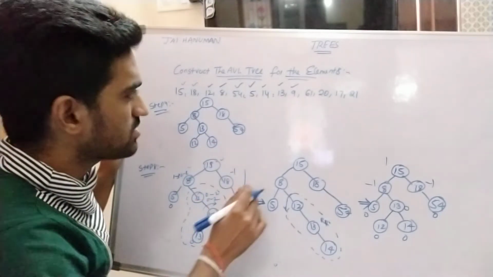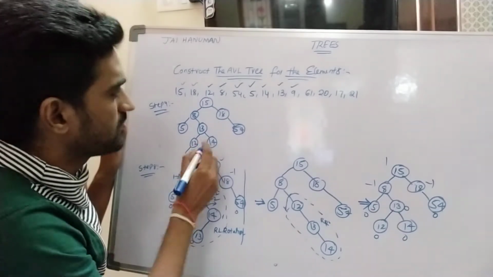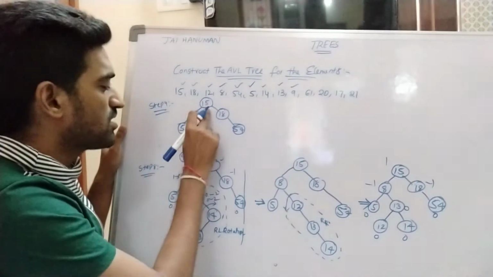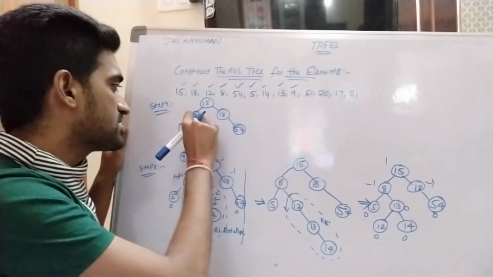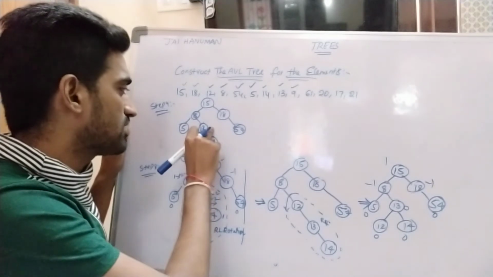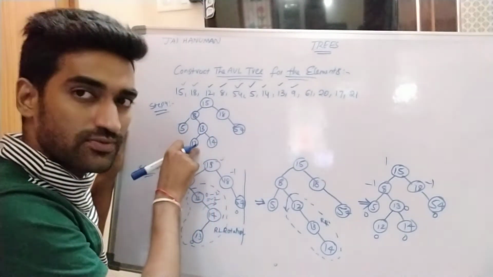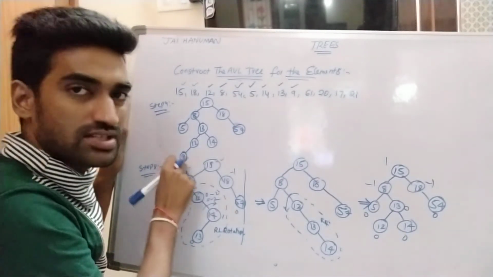So here we are inserting 9 at left of 12. Why? Because when compared to the root, this is a lesser value. Again here, when compared to 8, this is a greater value. Then right is chosen. So when compared to 13, this is a lesser value. So that's why left is chosen. When compared to 12, this is a lesser value. So that's why the left position is chosen.